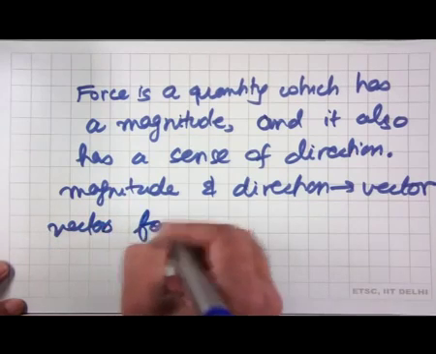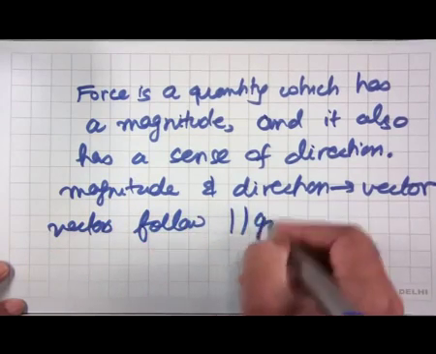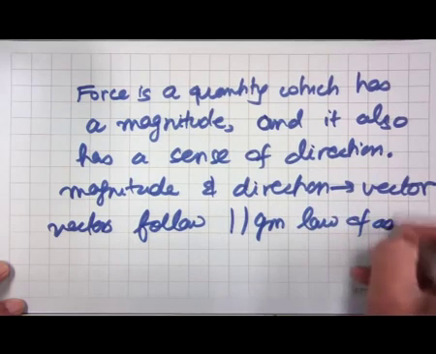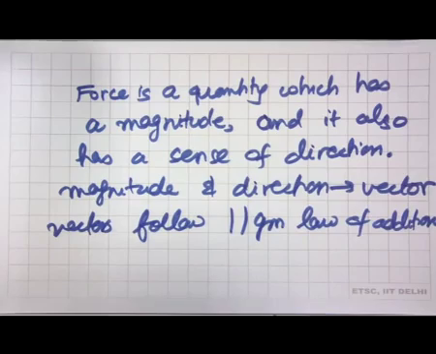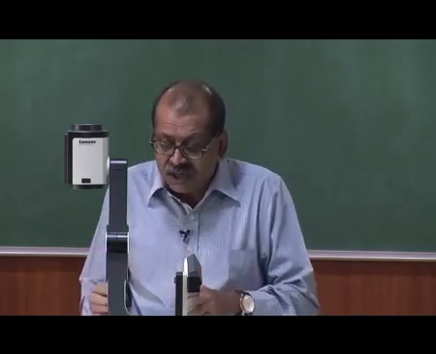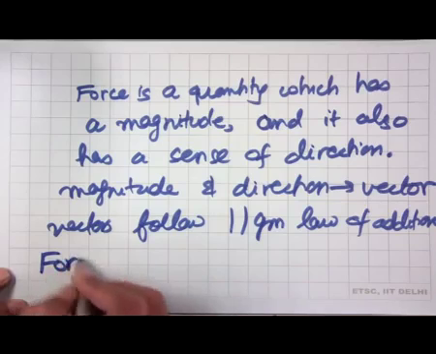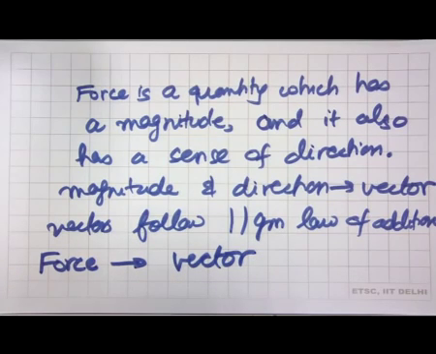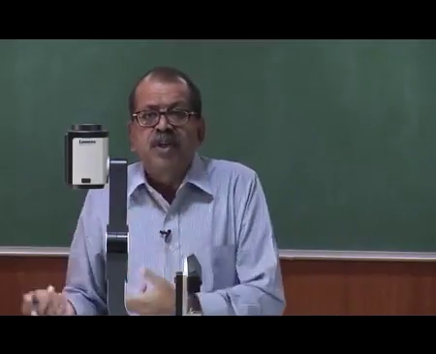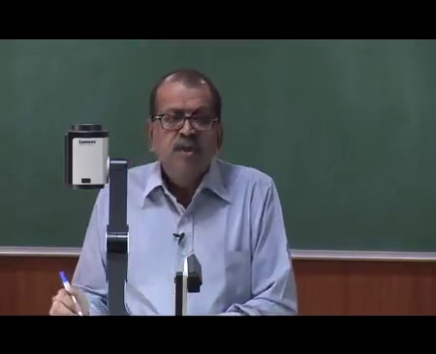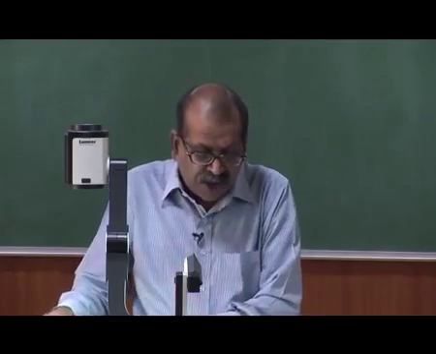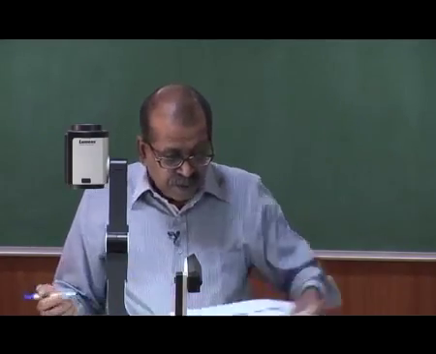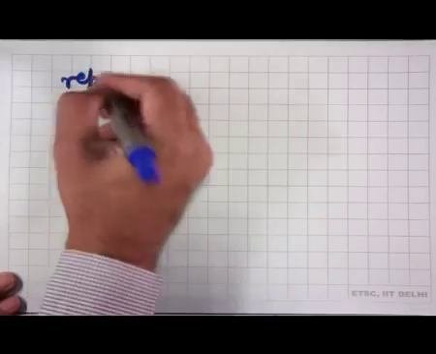For example, vectors follow the parallelogram law of addition or the triangle law of addition, and they also transform according to a particular relation. And what we find is that force does follow these laws. So, force is a vector quantity. That means if two forces with different directions have to be added, the addition will follow the parallelogram law of addition, or you could use the triangle law of addition, which is equivalent. So, what we do is we represent force